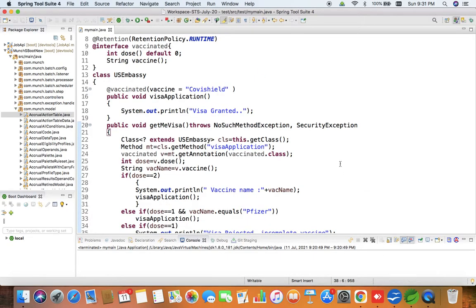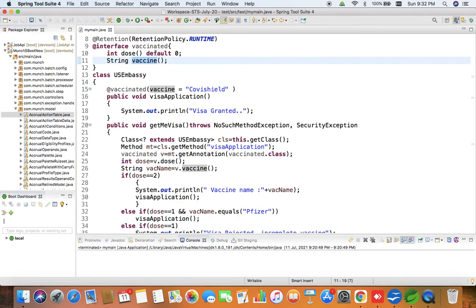So here I have created the same program where we have the class USEmbassy, but prior to that, if you look at this Vaccinated annotation, it has two attributes, dose and vaccine.